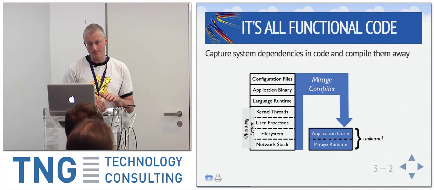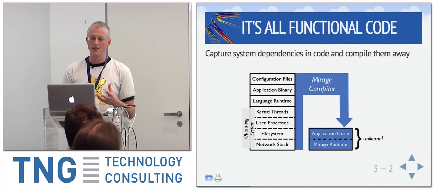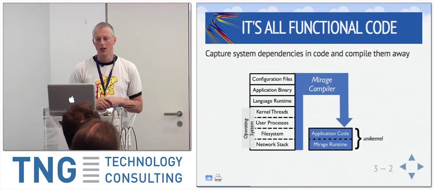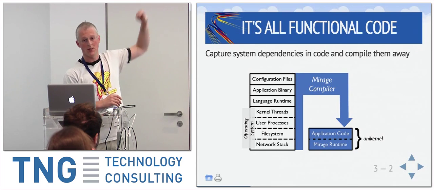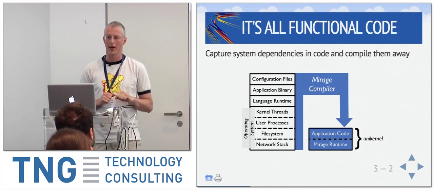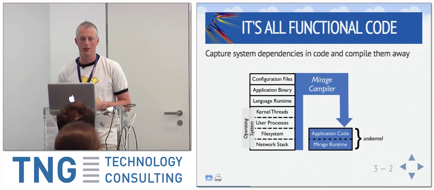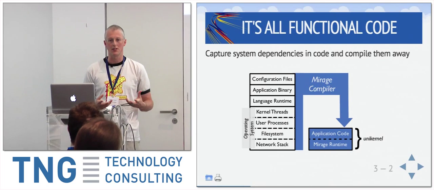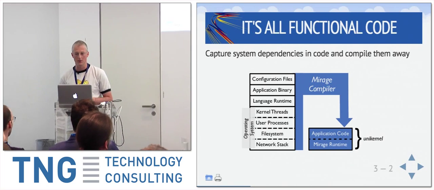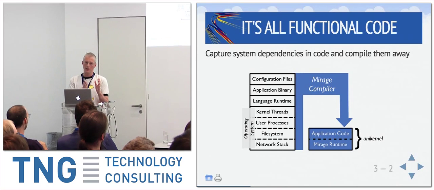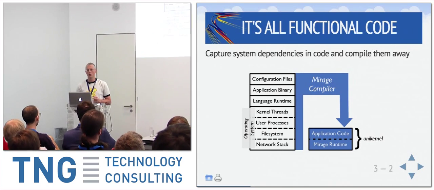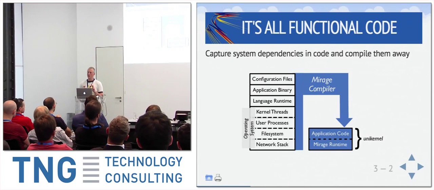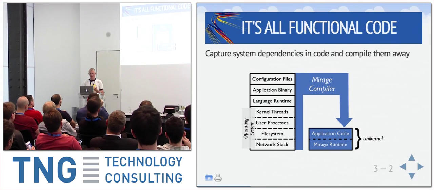So in pictures, the aim is to capture the system dependencies in code and essentially compile them away, and keep compiling and linking until all the dependencies have been met. So if you consider on the left there, the white boxes are the different components you might expect to have in your application. You've got some configuration, you've got some application code. You've probably got a language runtime of some sort. You've then got all the services that the operating system provides, maybe kernel threads, processes, all these other features. And the idea is to take all of that, run it through the compiler, and the output should be this single image that's got your application code and the runtime and any of the libraries that are necessary to support that. And that's what we call a unikernel.